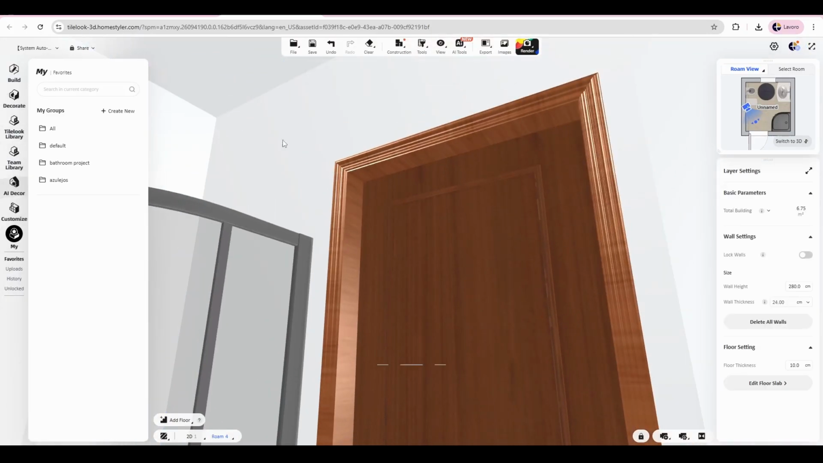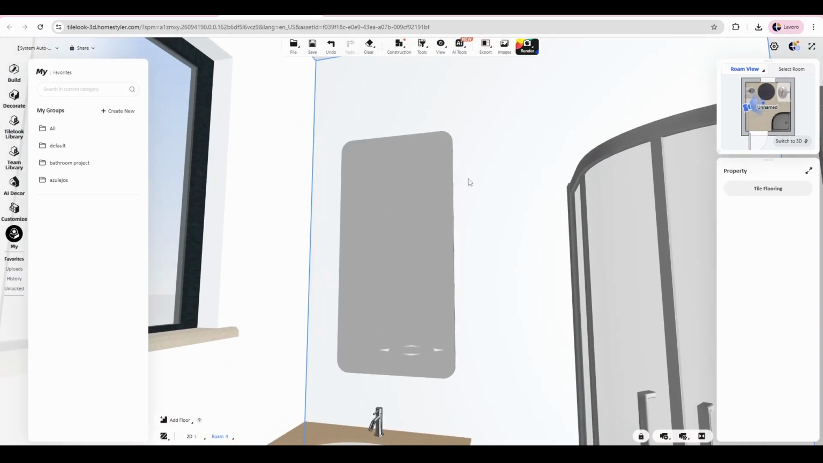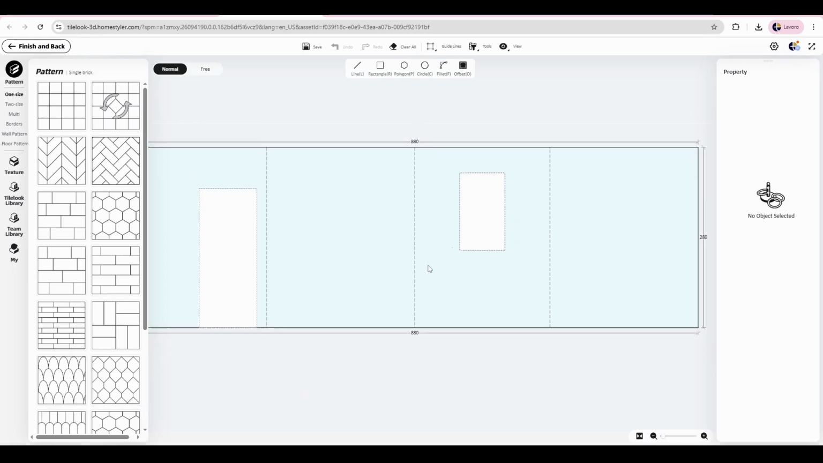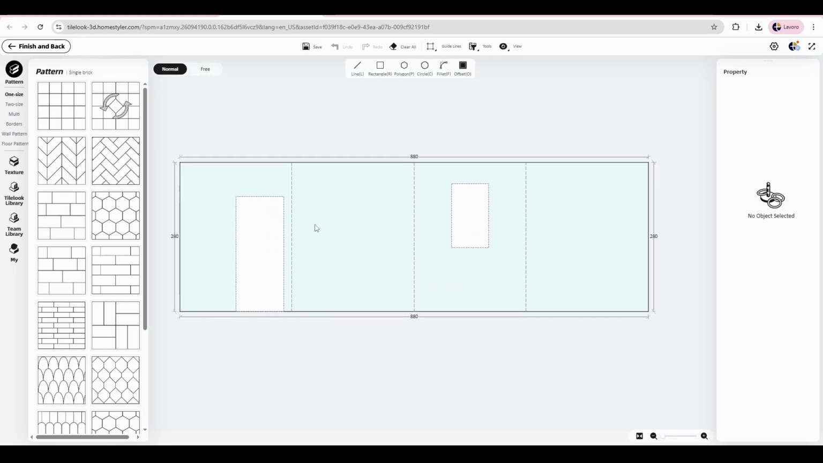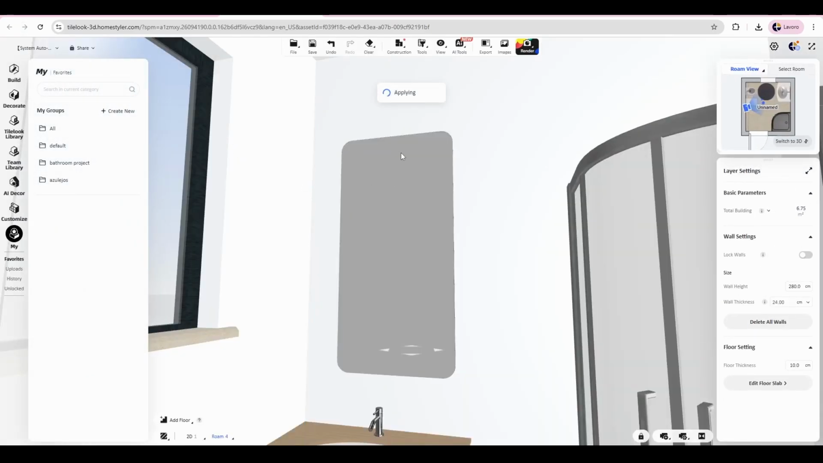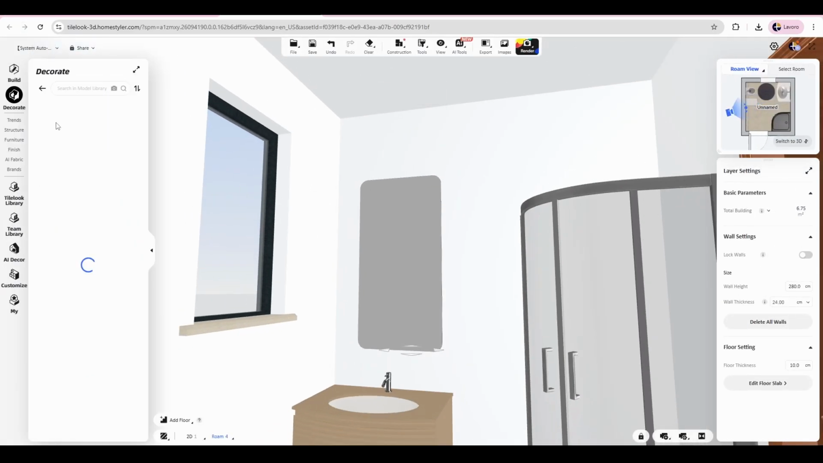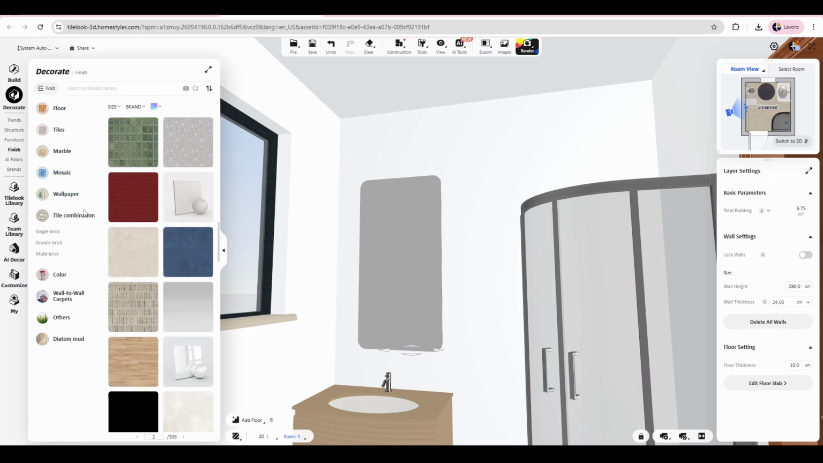Okay. Perfect. So when I click on a wall and I go on tile flooring, I will see all the walls in 2D, so I can edit it directly at the same time. Before doing that, another important thing that you can do is jump right back and go on the decorate section